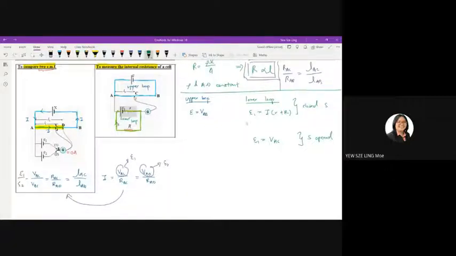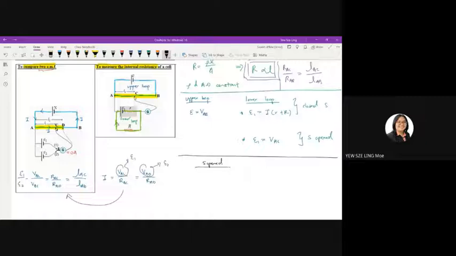So once you know these two relationships, these two equations, you can then go back to playing with the potential divider concept again. So you have VAC and VAB right here, this potentiometer. Once again, we want to look at what happens when S is open and S is closed. All right, when S is open,